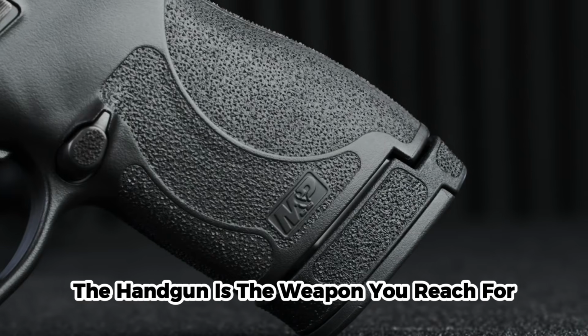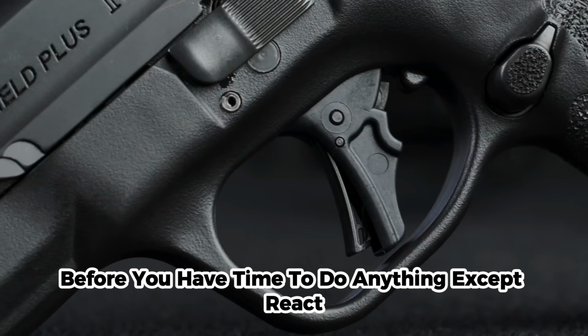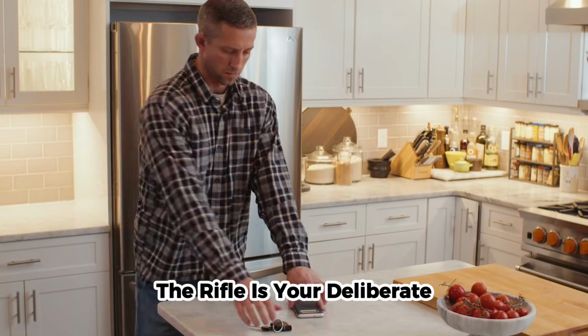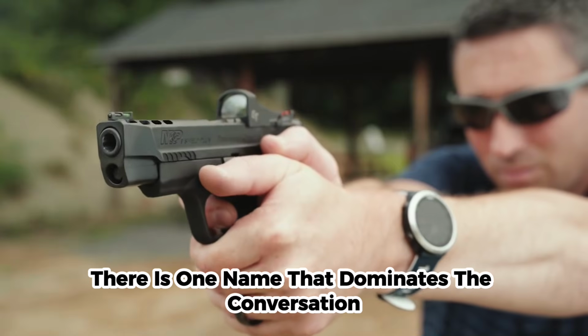The handgun is the weapon you reach for in the first 10 seconds of any emergency, before you have time to access a long gun, before you have time to do anything except react. The handgun is your constant. The rifle is your deliberate. So the handgun comes first, and for a budget build, there is one name that dominates the conversation more than